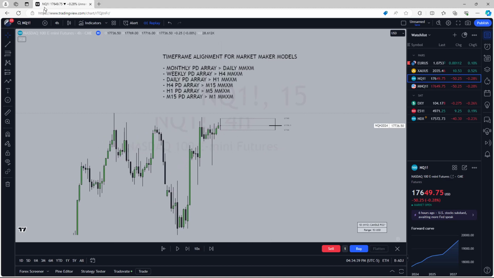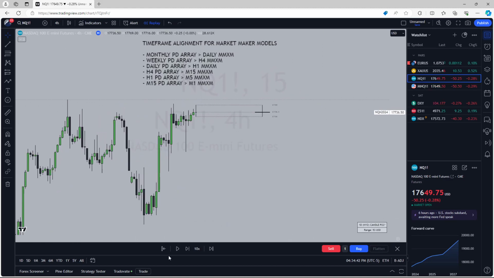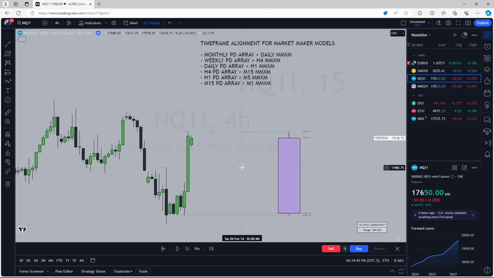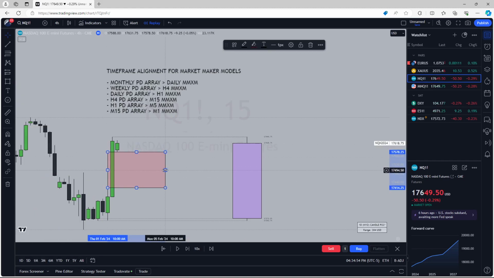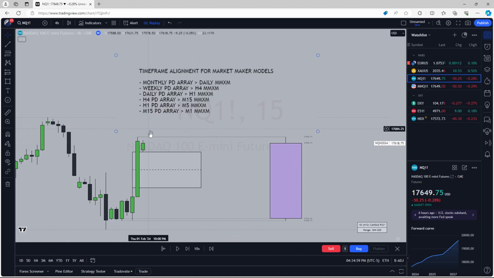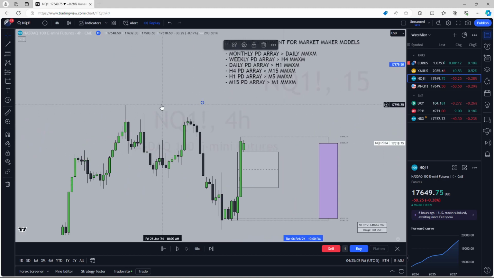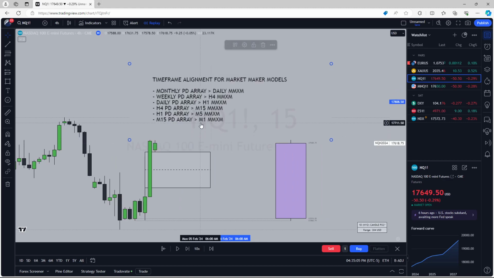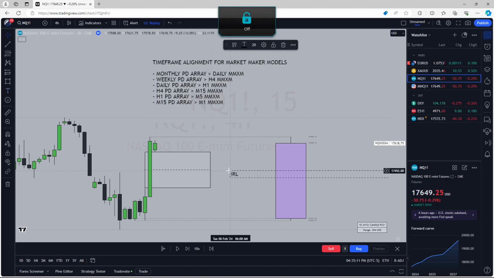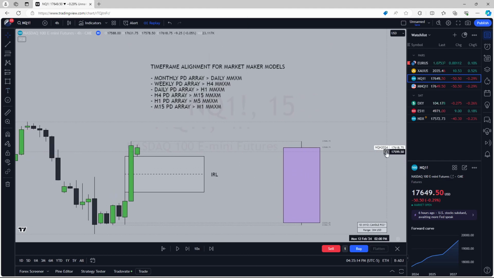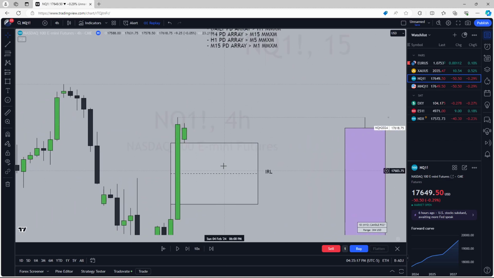So here we have the 4-hour chart, right? We're on the 4-hour chart. And what I'll do is, here, I'll replay this. 4-hour chart, what do we have here? We have a BISC, so I'm going to mark that out. We have our fair value gap. Alright, FVG. Simple, we just marked out our fair value gap, right? Now, what are we looking for? Obviously, what I said was IRL, so our fair value gap being IRL. Alright, I'm going to mark that out. We want to see price hit ERL, but first, we want to see price actually respect this 4-hour fair value gap,